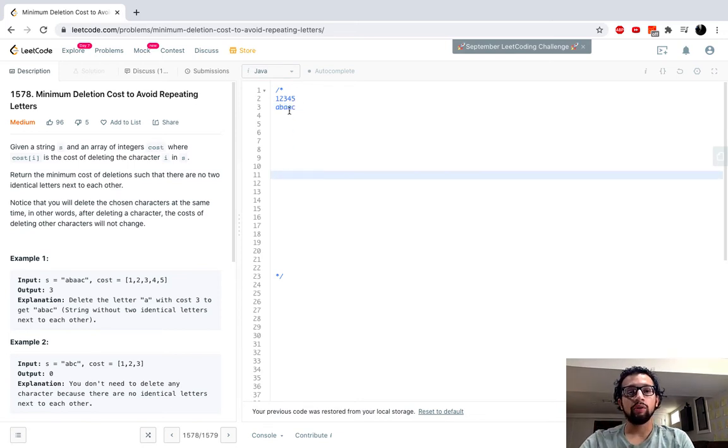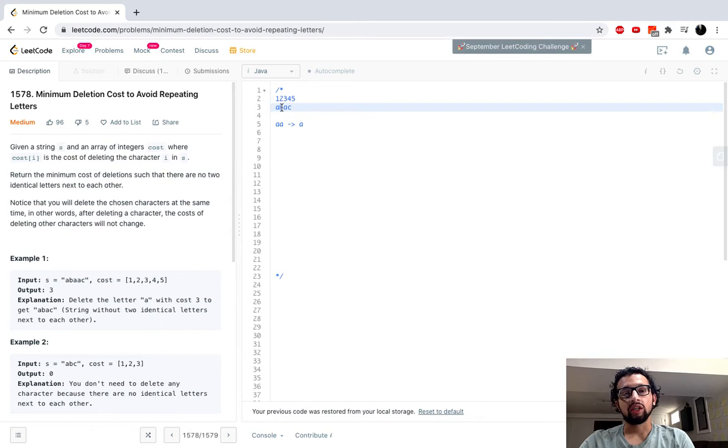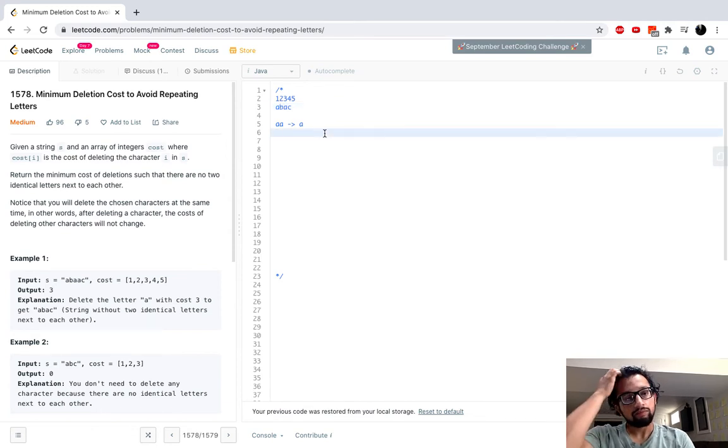So now we know we have this substring right here of A's, and we need to shrink this down such that there's only one A left. We want to turn this into just a regular A, because then what's on the left and the right of this A won't be the same. So that's basically how we want to approach this problem. Since we know we don't want any repeating letters, anytime we see a substring of repeating letters,